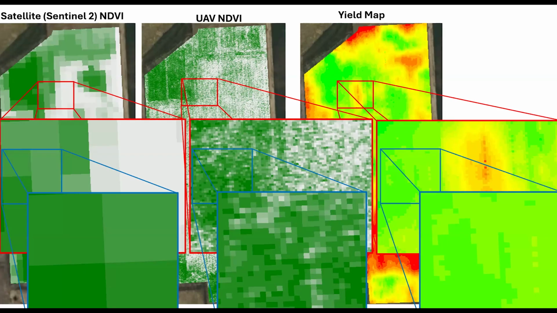And imagine the one number we have from the combine: the strip or the cutting bar or the head of the combine gives you one number regardless of which side of the head. You have very high yield here, this one is low yield. It will average it and give one number across the head of the combine. Think about it, with 60, 70 or 40 feet, just one number, whereas you will have 3 feet by 3 feet. And that will help a lot,